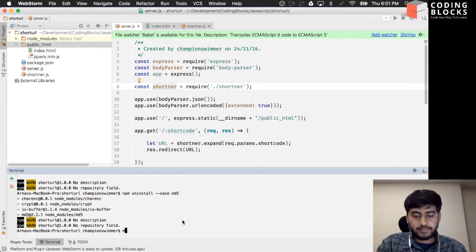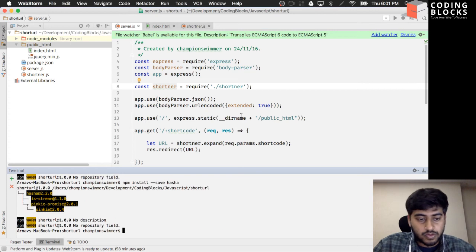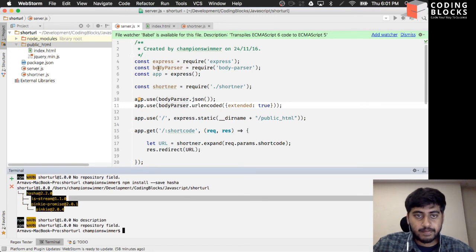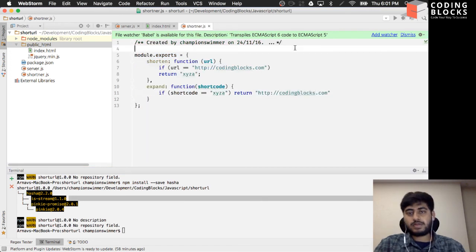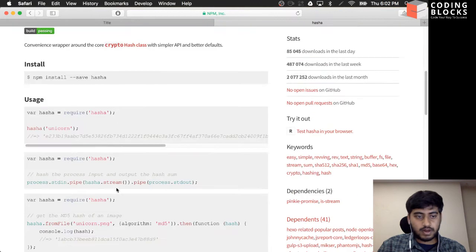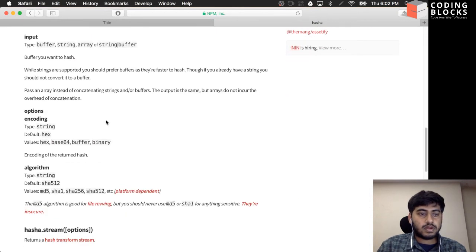Install hasha. What we'll do is we'll use this module, and from our URL let's create a particular hash using this method. By default our encoding